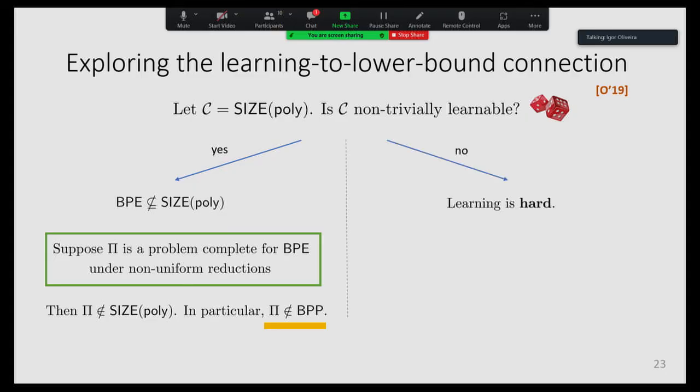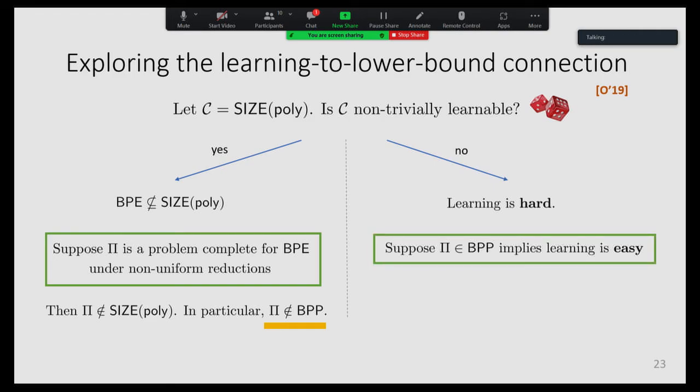Now let's consider the second case, when we don't have a learning algorithm. So learning is hard. Here's a second assumption. Suppose for the same problem, if I could solve this problem in BPP, then this implies that learning is easy. Suppose I had this implication. Because I'm in the case where learning is hard, it follows that the problem, again, is not in BPP. So if I could establish the two green boxes, then I get unconditionally that for this problem pi, it's